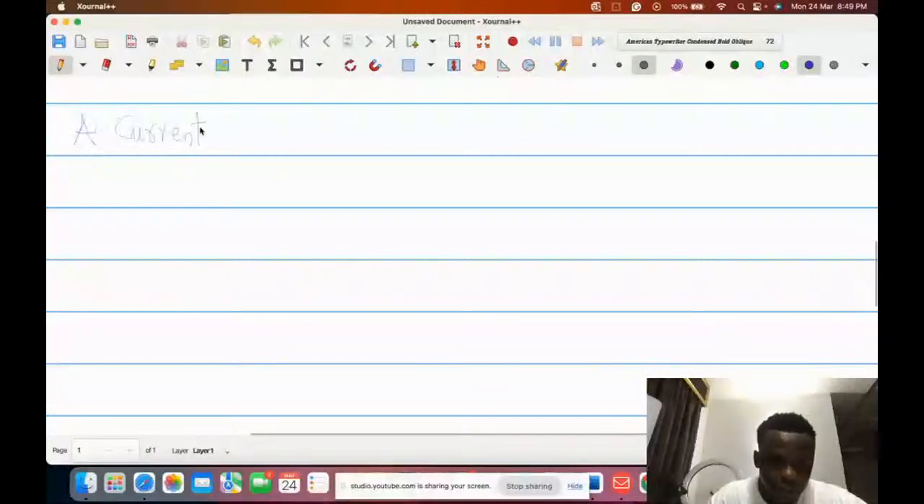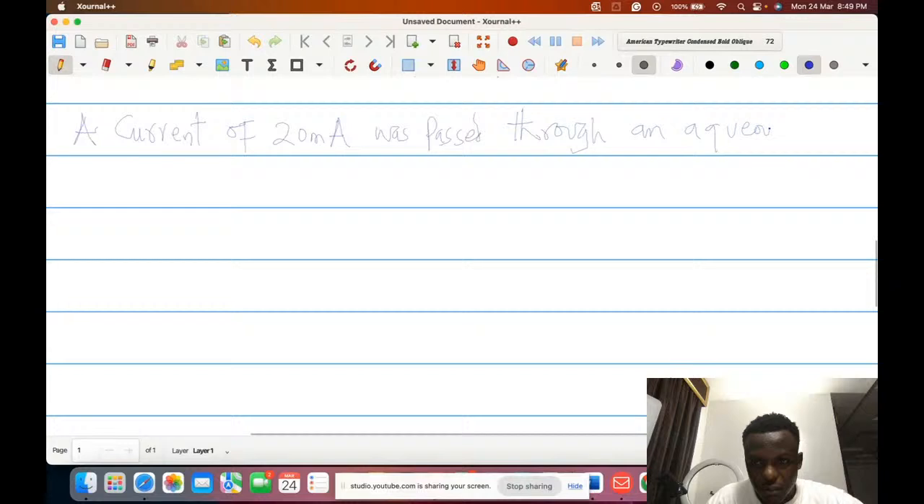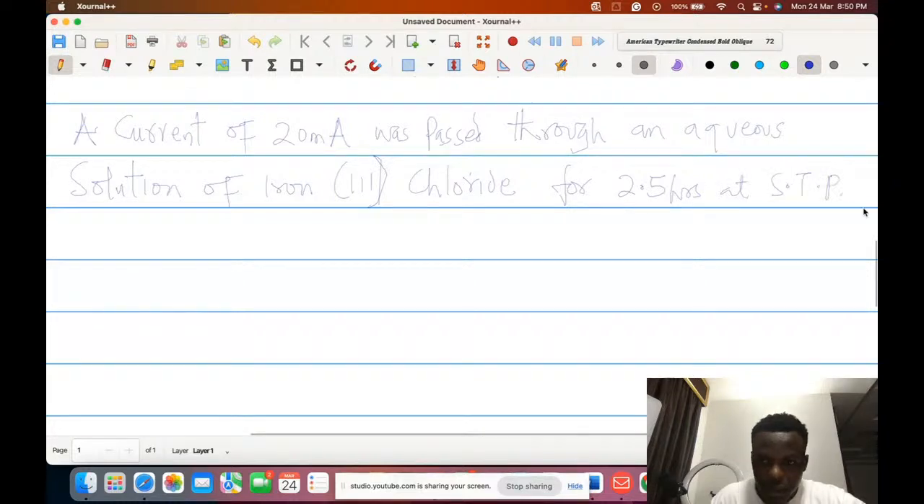A current of 20 milliampere was passed through an aqueous solution of iron 3 chloride for 2.5 hours at STP. Now, the first question says, A,